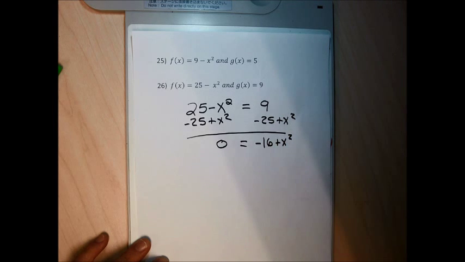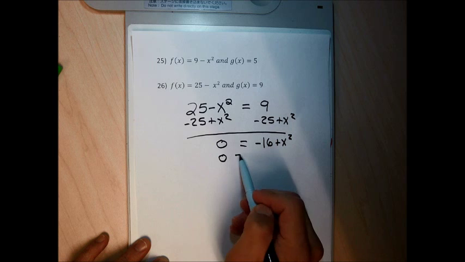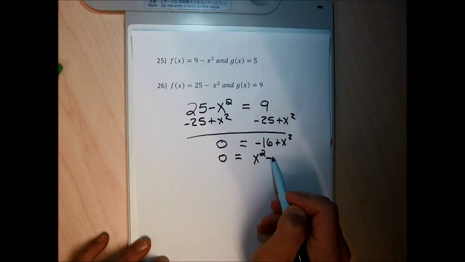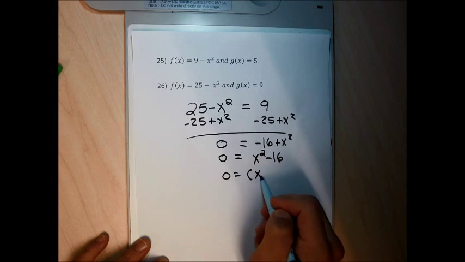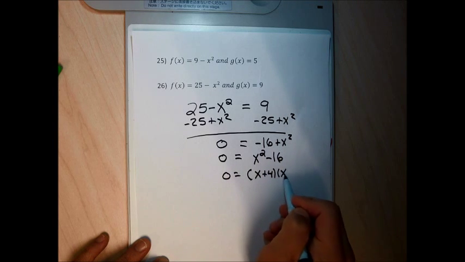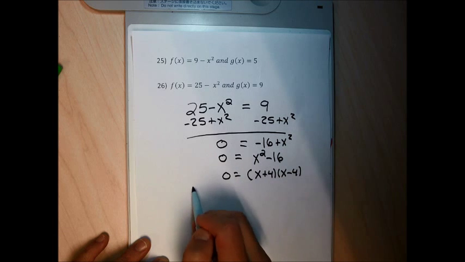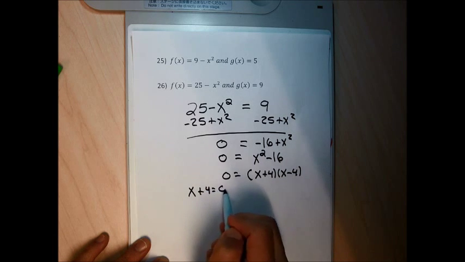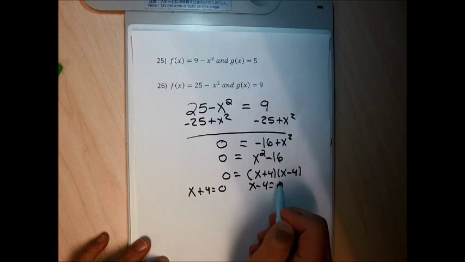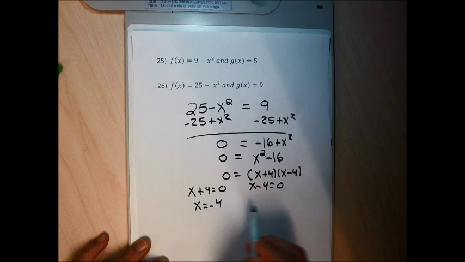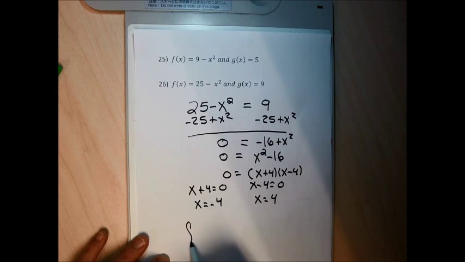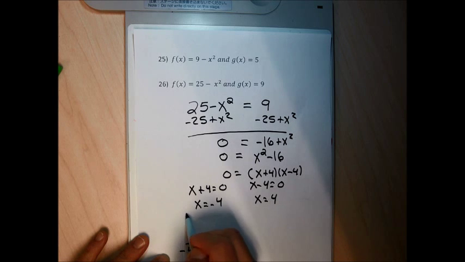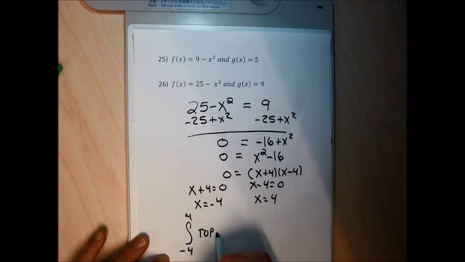I want to factor that right side. It's not written so nicely to factor, so I'm going to rewrite it with the x squared first and the -16 second. And then I'm going to factor it into x plus 4 times x minus 4. I'm going to set the x plus 4 and the x minus 4 equal to 0. This is going to give me x equal to -4 and x equal to 4. So ultimately, to get the area that I want, I'm going to integrate from -4 to 4 the top function minus the bottom function